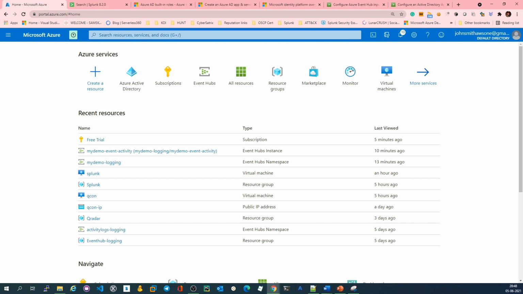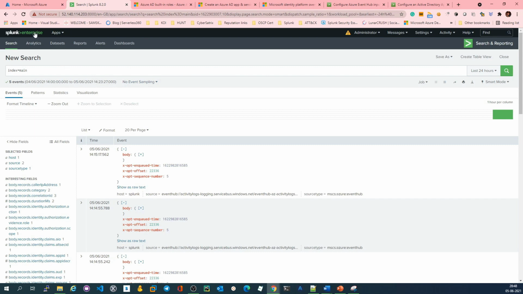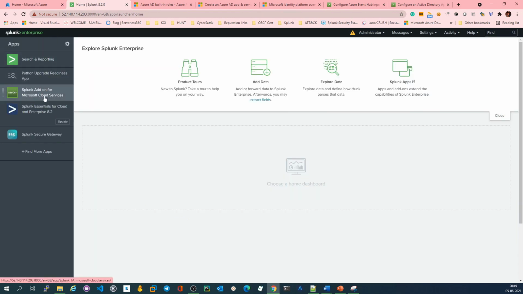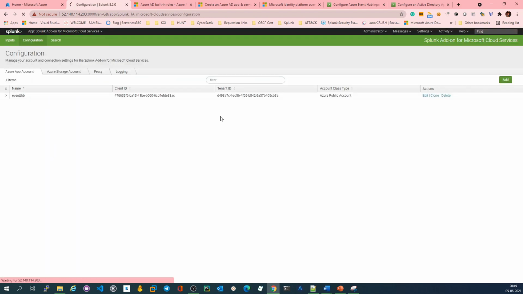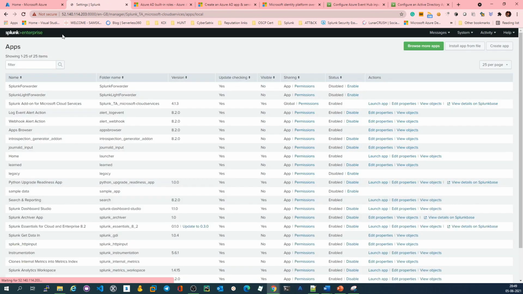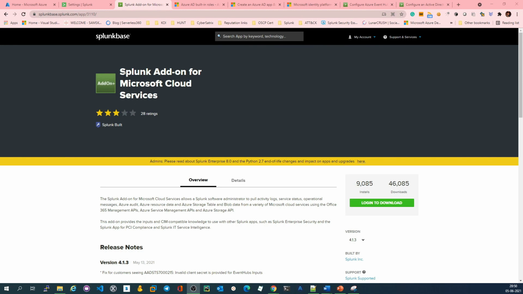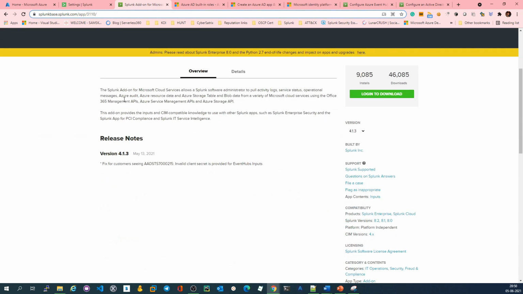Now let's quickly jump to the Splunk side so that we can configure the receiver, right? So we have set up the event producer, we have set up the Azure Event Hub namespace and Event Hub. Now we are going to set up the Splunk side, right? As you have seen, I have already installed the Splunk Add-on for Microsoft Cloud Services. If you want to see what the app ID is, let me quickly go to that and show you. If I click on view details on Splunkbase, I can see the information about this application, right? As you see, the app ID is 3110.